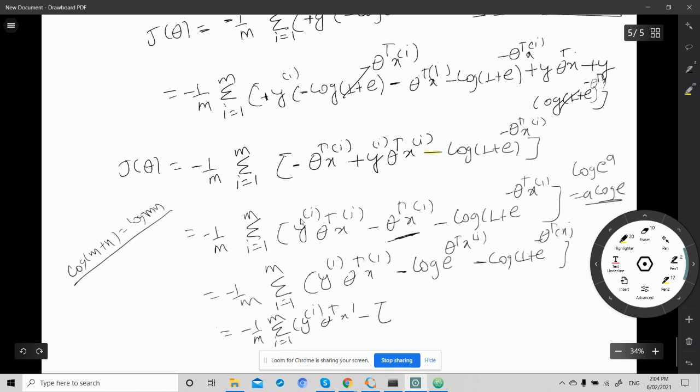So we can simply write this as log of e to the power theta transpose of xi times 1 plus e to the power minus theta transpose of xi. So if we solve this equation, we will finally get